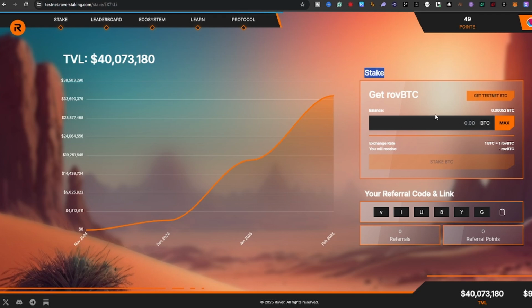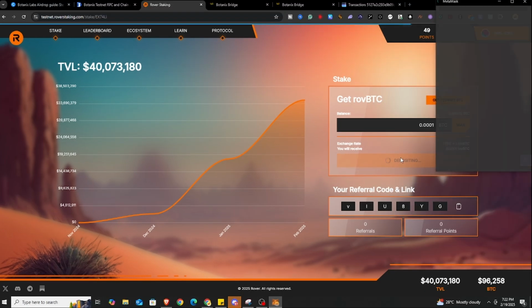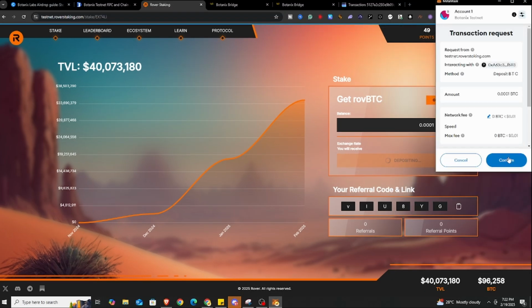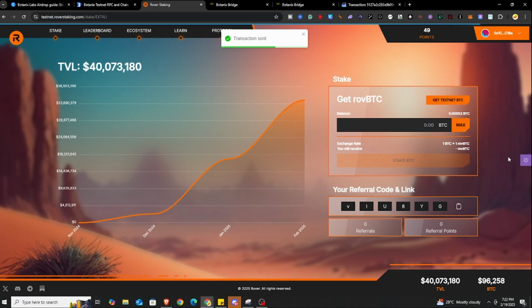So let us try to stake some of our testnet Bitcoin. Okay, as you can see, transaction sent. Also, the more points you have, the more possible allocation you will have in this airdrop.